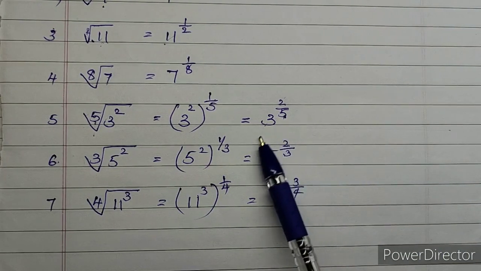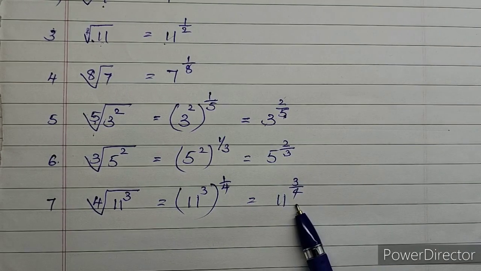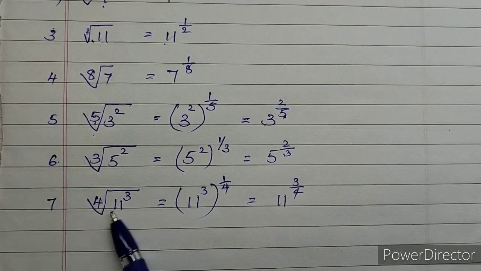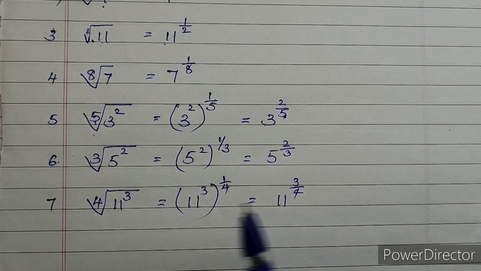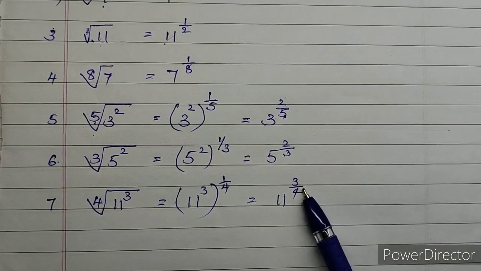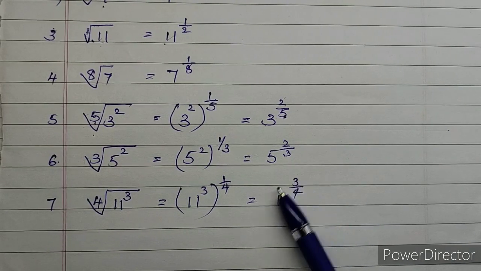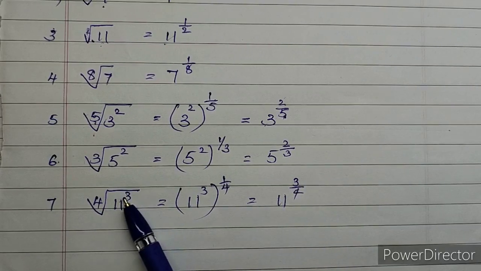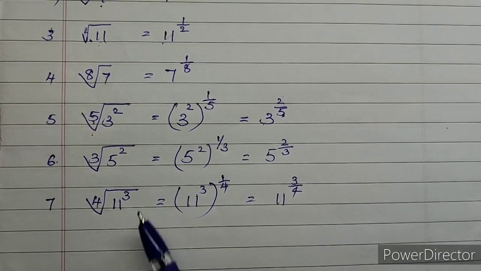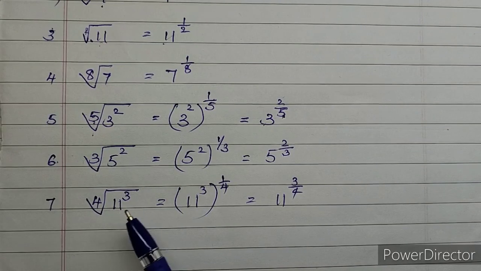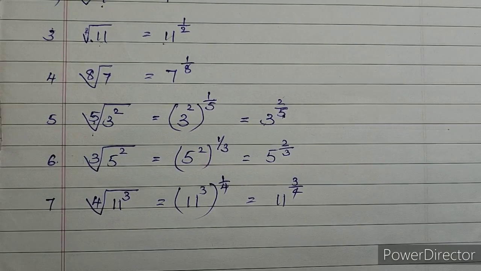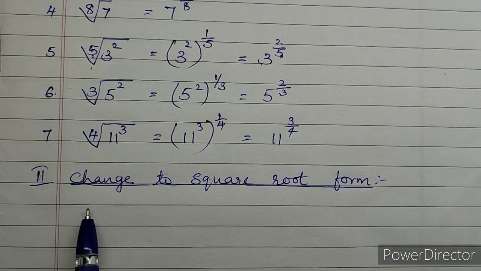Now just the opposite. You just see 11 to the power of 3 by 4. How will you change it to the irrational number form, that is the root form? So 4 will be the denominator, and it will change to the order here. So 4th root, and the remaining you have to put as the base or radicand. So 11 cube will come as the radicand. So this is the next main: converting index form to root form. Change to root form, second main.